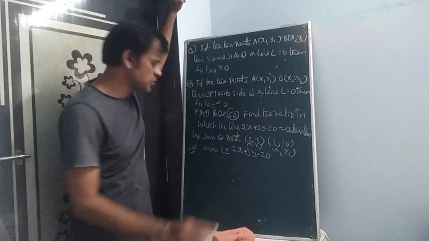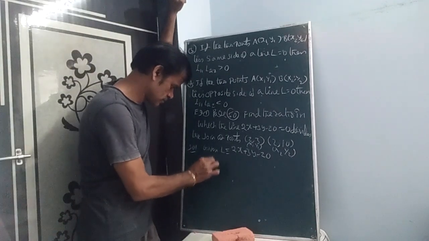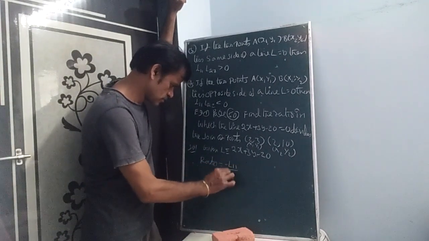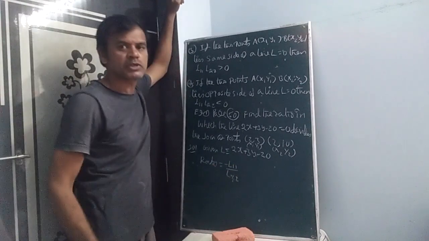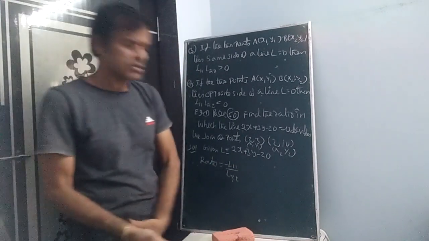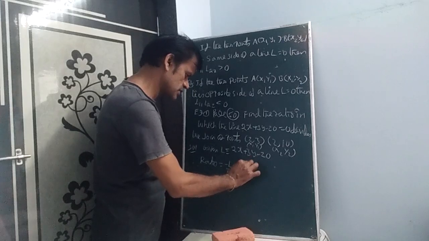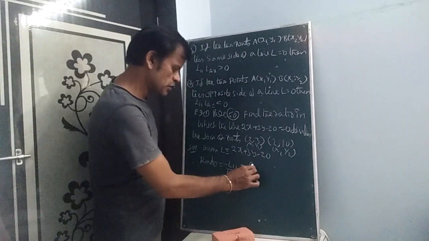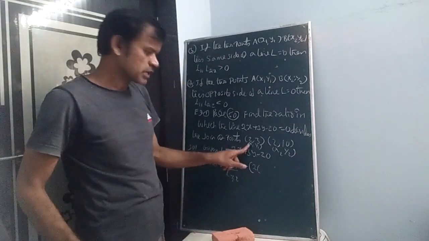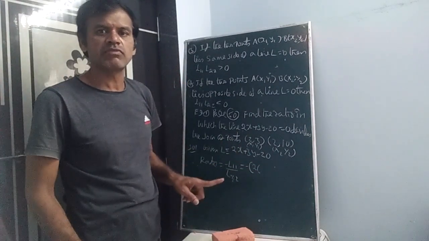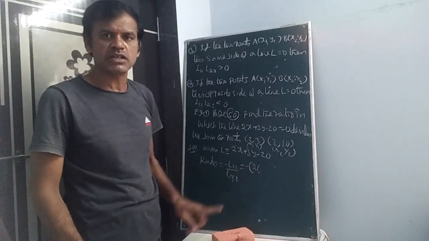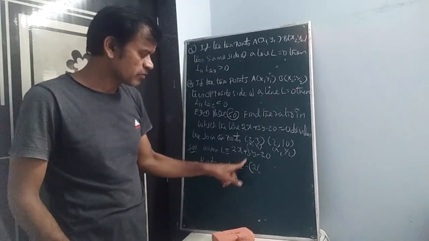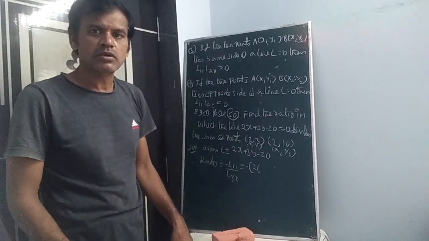So write the ratio formula: minus L11 by L22. Apply it here. The formula has a minus, that is why put the minus symbol before the bracket. 2 into x1, meaning here ax1 plus by1 plus c by ax2 plus by2 plus c concept. Instead of x, first of all you should substitute this x1, later y1. In the denominator x2 and y2.